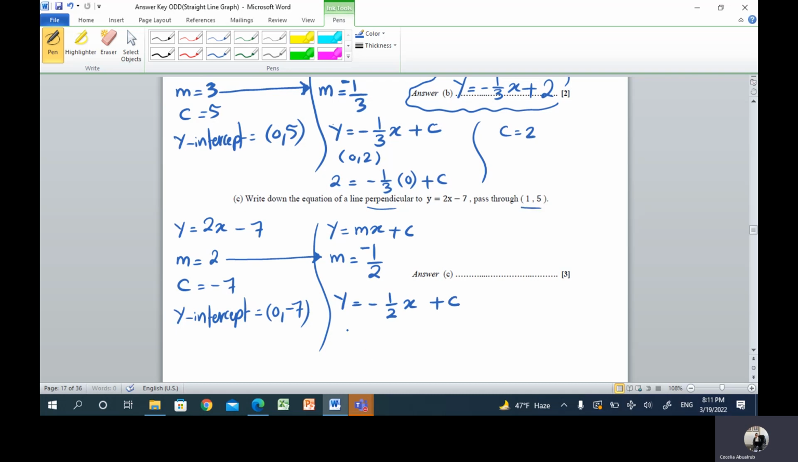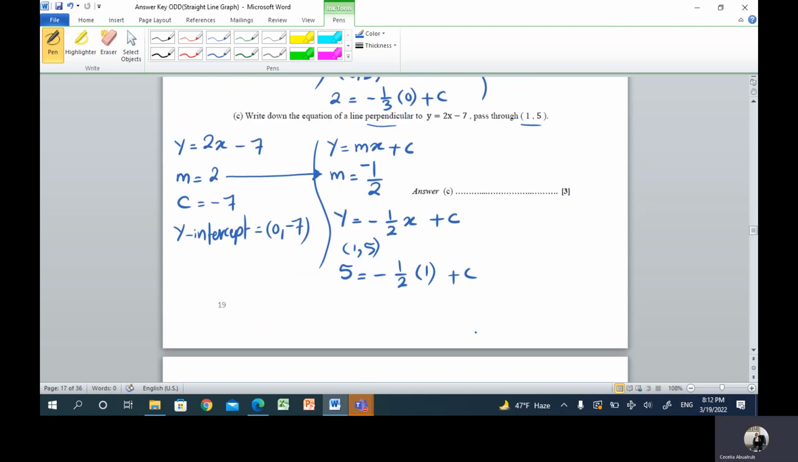Since the line is passing through 1, 5, I can substitute y as 5 equals negative 1 over 2 times x, which is 1, plus c. And here it will be now plus 1 over 2 on both sides. So 5 plus 1 over 2, it will be 5.5 is equal to c. So the equation of the line is y equals negative 1 over